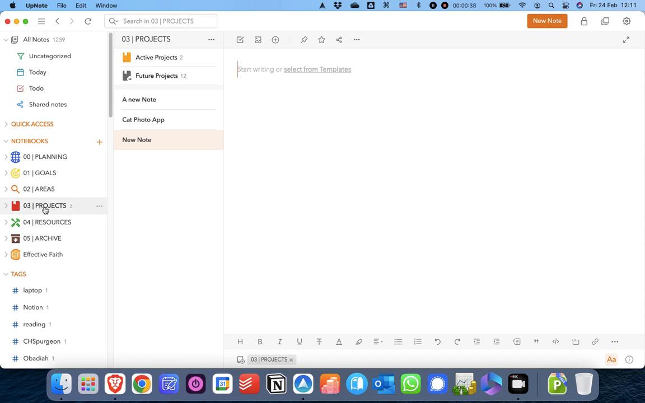So at the moment I'm in my projects notebook, and it creates the new note there, or if you were in your all notes list, it would create it in this uncategorized list, which is a bit like your inbox. But there are some other ways that you can create notes and get notes into UpNote, and I want to show you those now. So firstly,